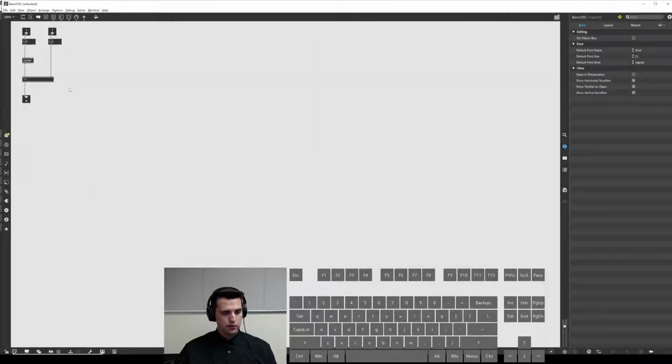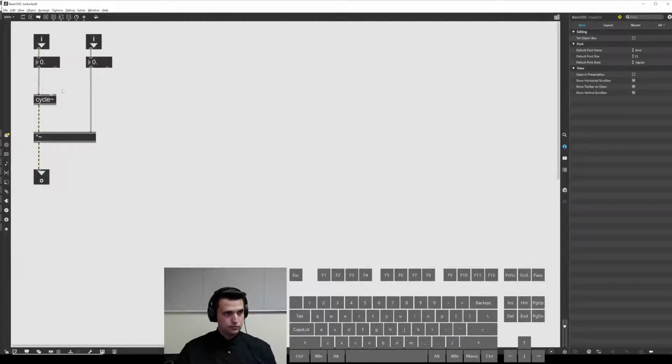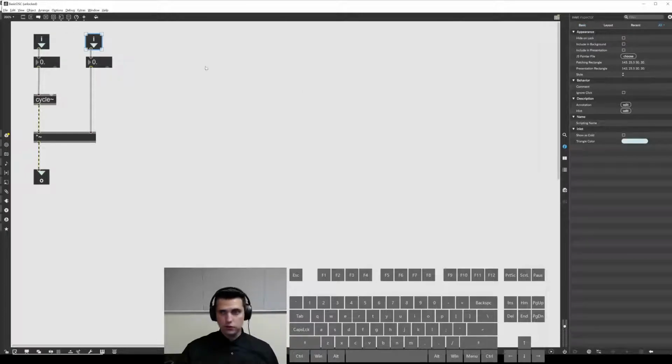Open up this basic OSC. Zoom in. And we're going to be able to add, using this inspector window, little helpful comments for what should go in each inlet and outlet. So let's click on this first inlet and make sure you open up your inspector window right here and make sure all is selected. And then under behavior, you have this comment option, this comment parameter. So we're going to say